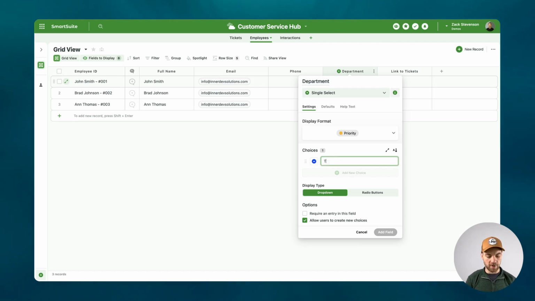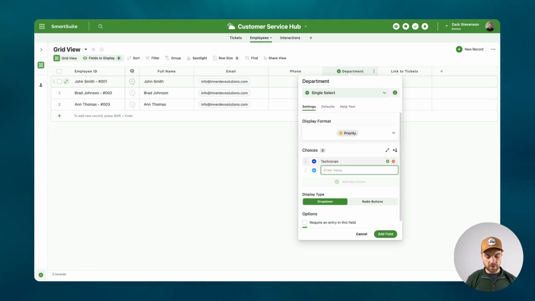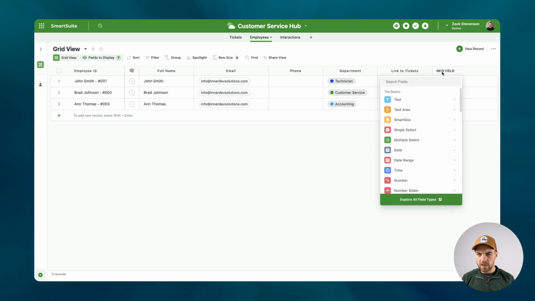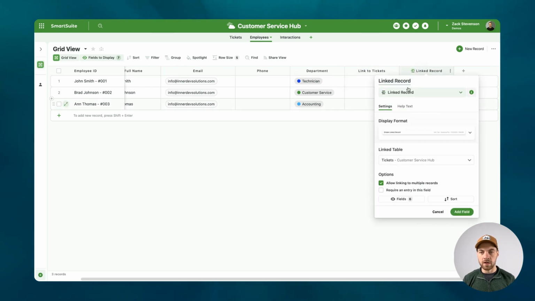So we'll bring in something like a technician. You could do accounting and simply customer service. So once we've completed the employees table, we can go across to interactions. Just one last thing, we can add another linked record because an interaction will be based on an employee that